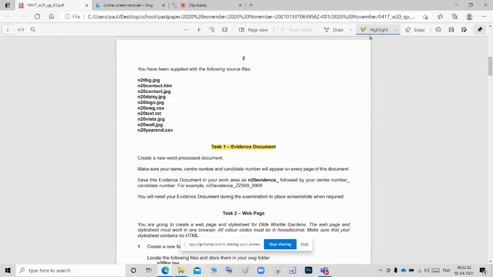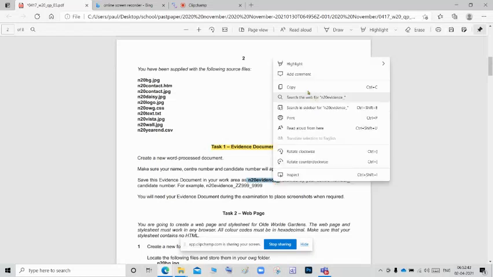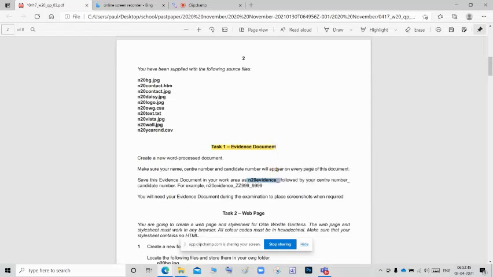Make sure your name, center number and candidate number will appear on every page of this document. Save this document in your work area as N20 evidence underscore followed by your center number and candidate number. So in our work area, we want to create a new word process document. In the document, we want to add our name, center number and candidate number. After that, we want to save that evidence document as N20 evidence underscore followed by your center number underscore a